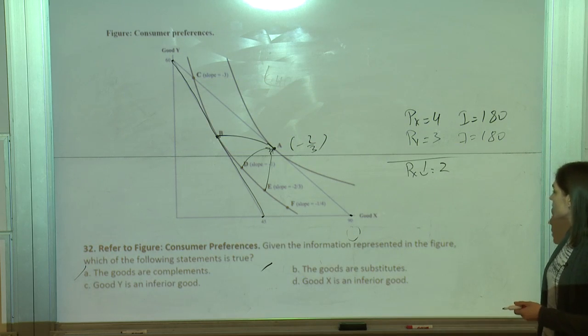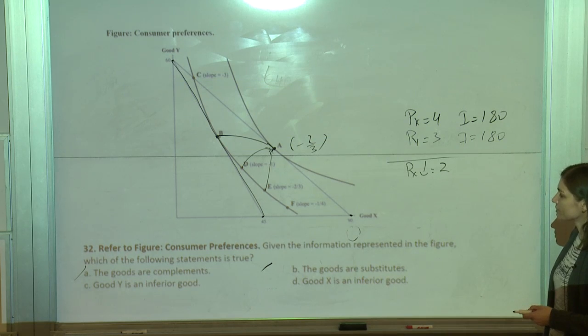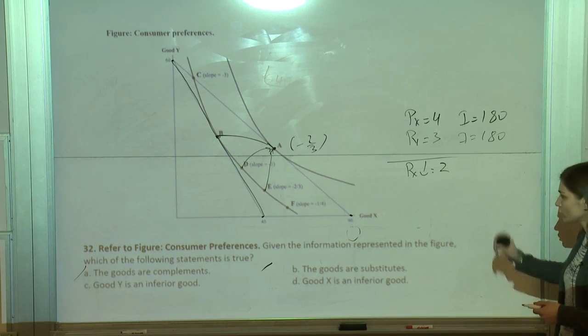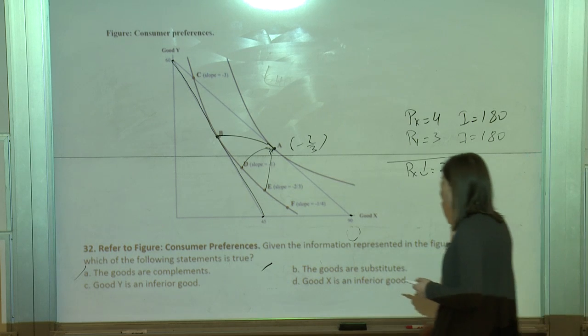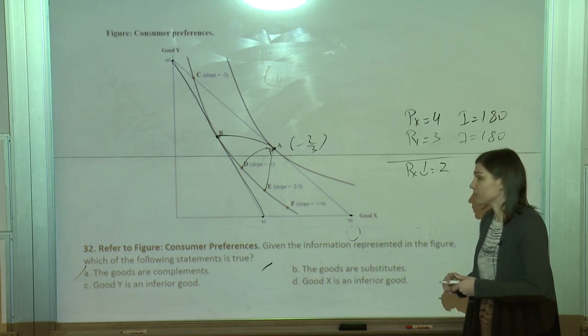Given the information represented in the figure, which of the following statements is true? Okay. Whether goods are complements or substitutes, whether good Y is an inferior good, or whether good X is an inferior good. So what I do know here, what happened here is,